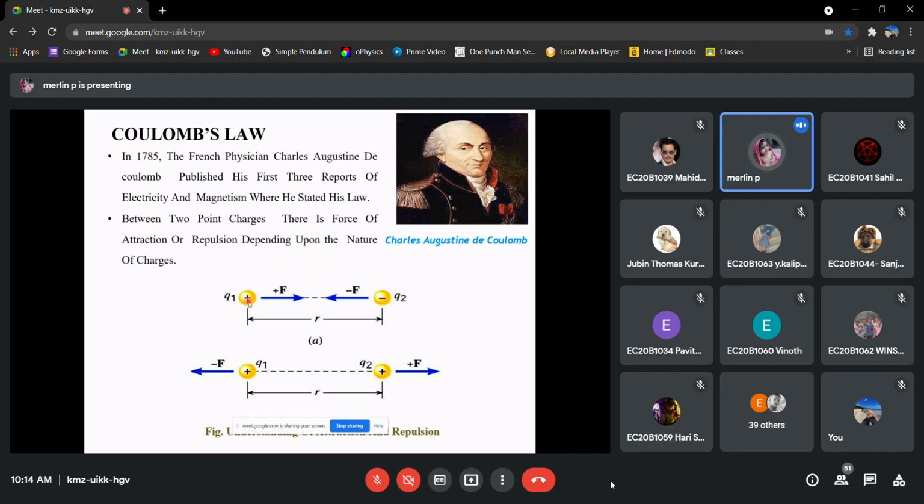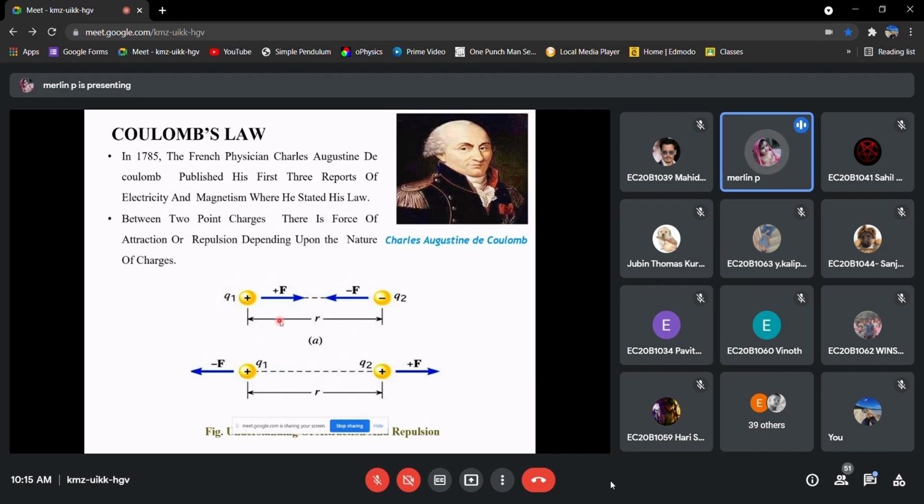In the picture, you can see two point charges, Q1 and Q2, which can be positive or negative. We can place positive-negative, negative-positive, positive-positive, or negative-negative. The force of interaction will be either attractive or repulsive. If we have positive and negative, the positive will go toward the negative, so there will be a force of attraction. If we place positive and positive, there will be repulsion. It will repel this side and this will repel this side. That is what is given in the second figure.